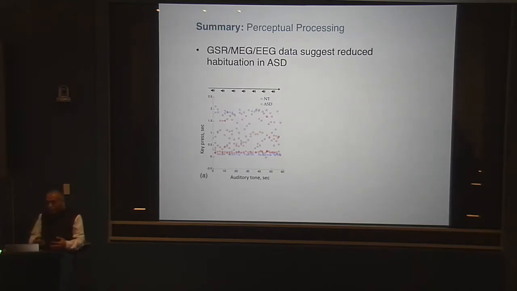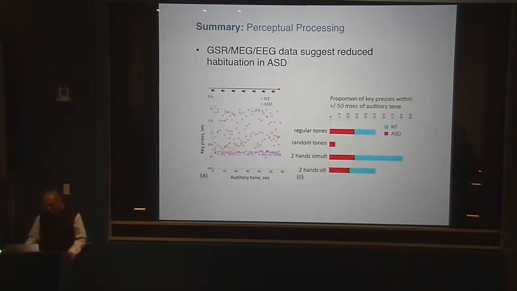So in this overt motor response, there seems to be evidence of this kind of irregularity in production. And if this is an endogenously perceived irregularity, then it stands to reason why we might be seeing the reduction in habituation that we're seeing in our other results. This is just an aggregate result of how many of those entrainment responses from neurotypicals in blue versus ASDs in red are close to the actual beep, and there are many more for neurotypicals than for ASDs. But this is ongoing work that we're quite excited about.